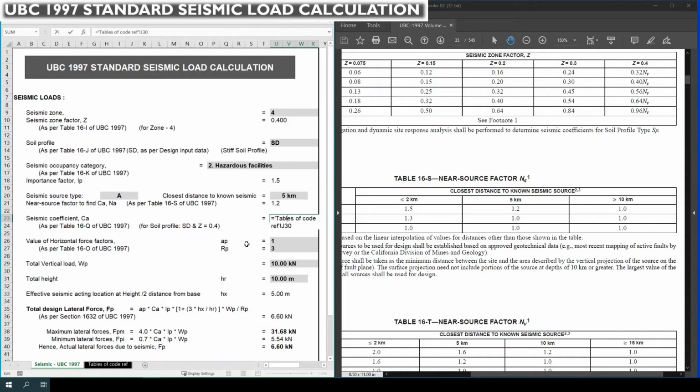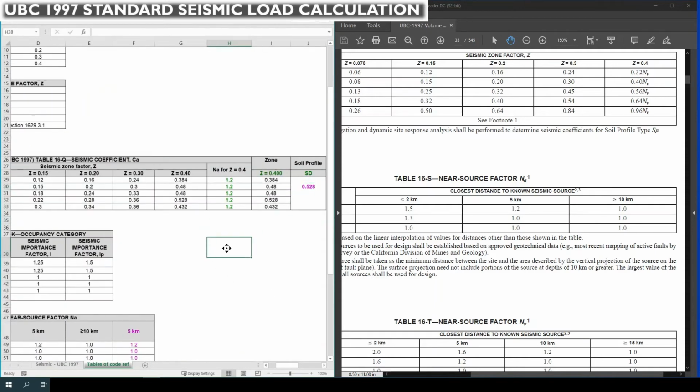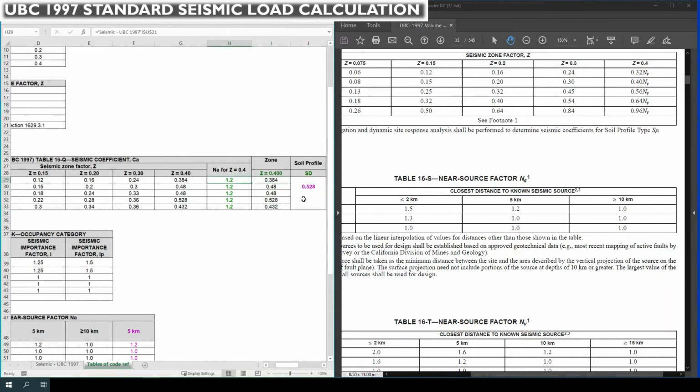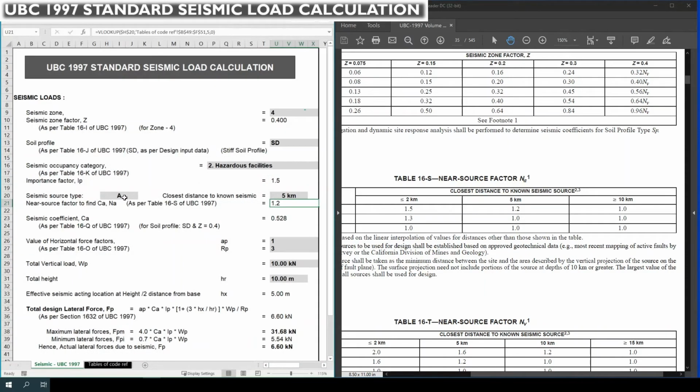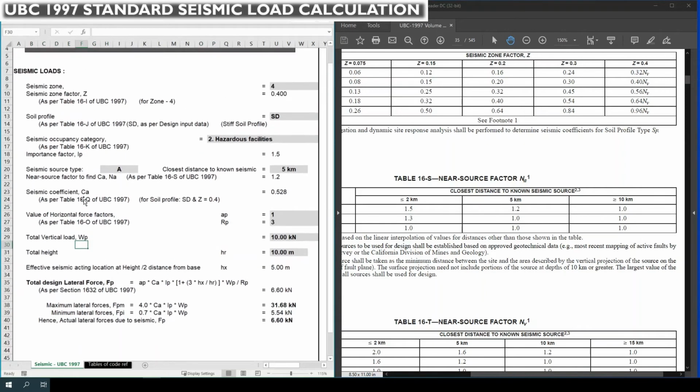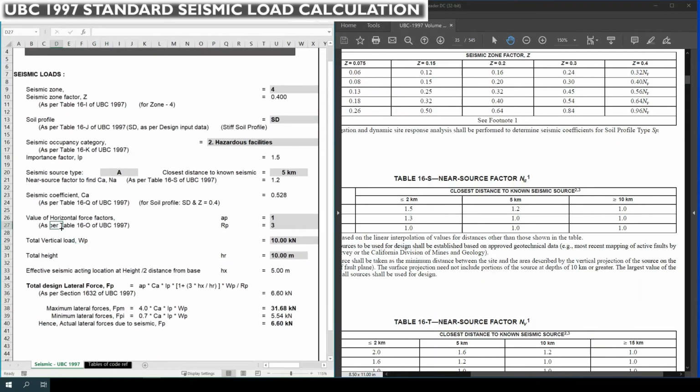So it is calculated based upon the tables which are listed here. This N value also gets changed according to the seismic zone 4, the seismic source type, and the closest distance to known seismic source which we had selected. So next one is the value of horizontal force factors. For that we need to refer to Table 16O,